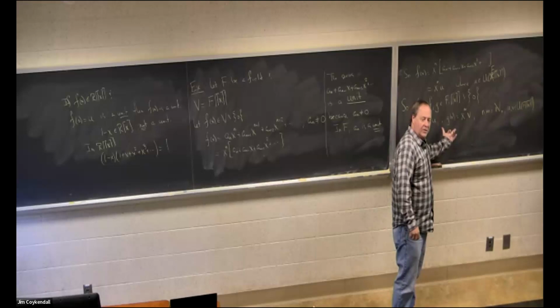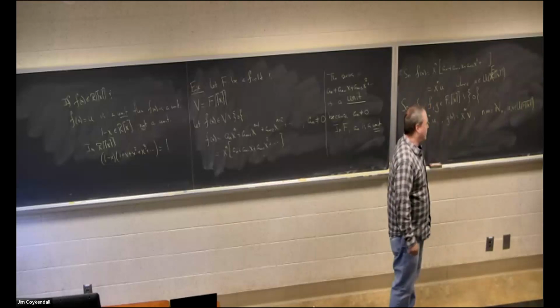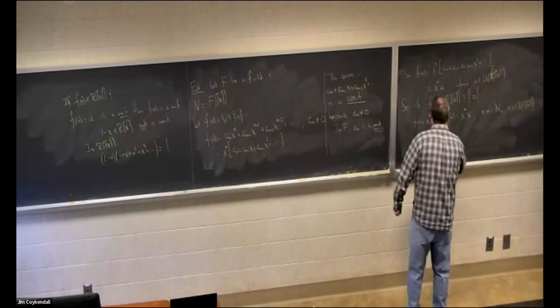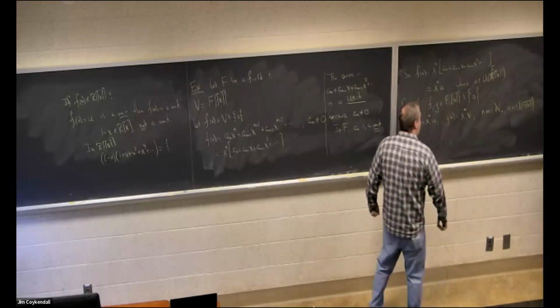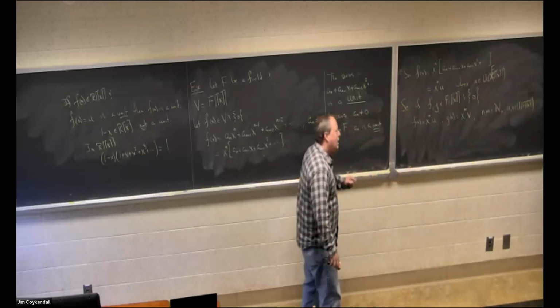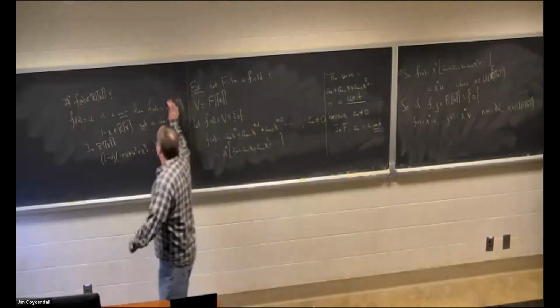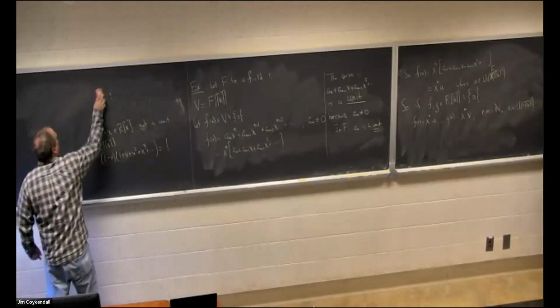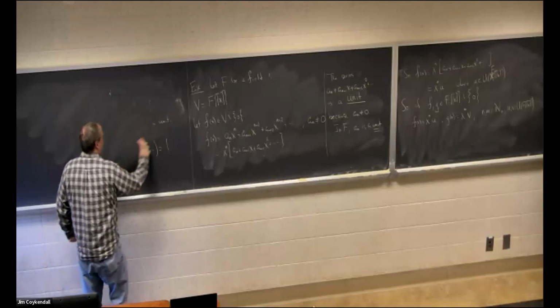And one of these has to divide the other. Can anybody tell how I could tell by looking at F and G which one divides the other? The smaller X. That is correct. All I have to do is look for the one with the smaller power of X.